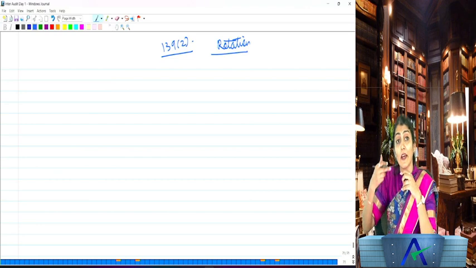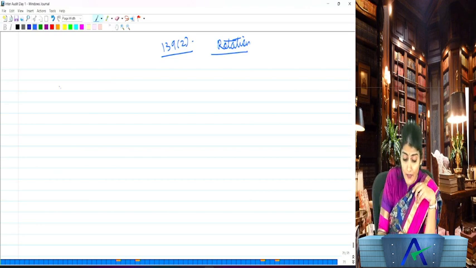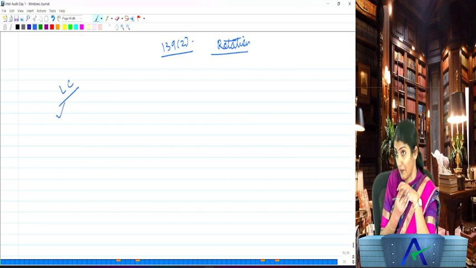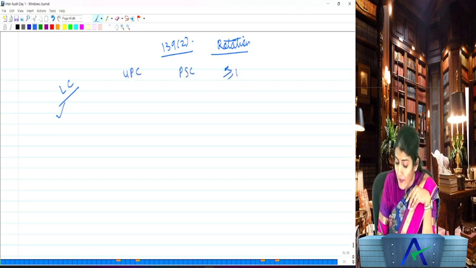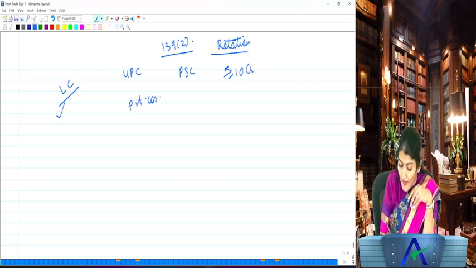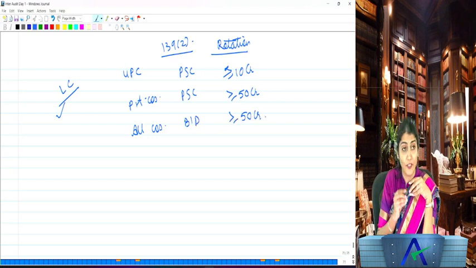Which companies are required to rotate their auditor? Listed companies, always applicable. Apart from listed companies, unlisted public companies having paid up share capital of more than or equal to 10 crore, or all the private companies having paid up share capital of more than or equal to 50 crore, or all companies having borrowings or deposits of more than or equal to 50 crore